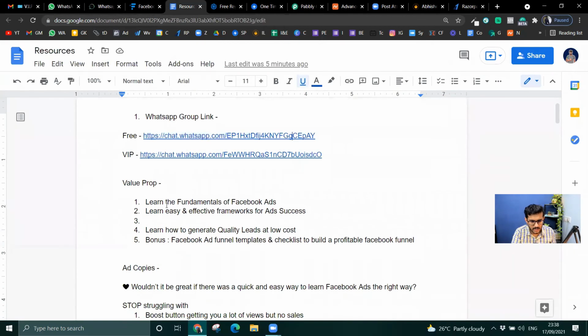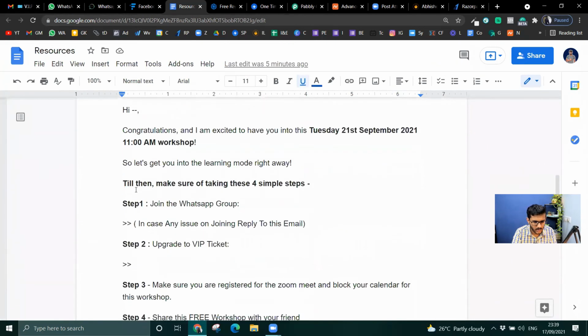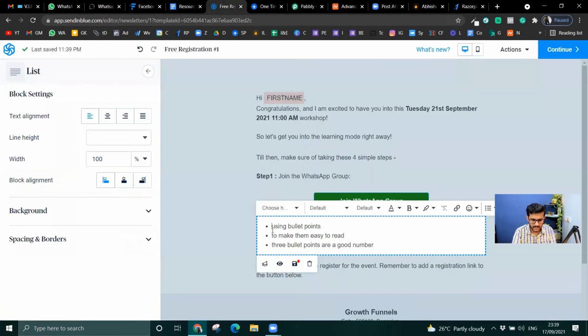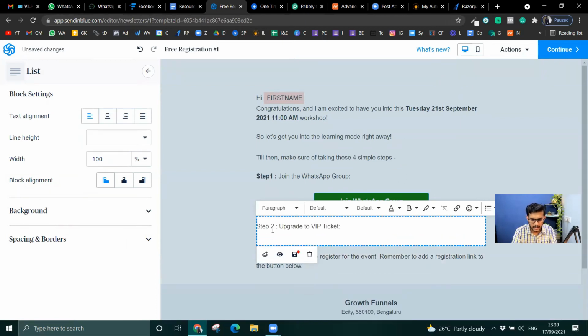And second would be the step 2 onwards. What am I going to do here? Okay, upgrade to VIP ticket. So I can ask people that, hey, why don't you upgrade to my VIP ticket? I've got a wonderful opportunity. Now you are seeing that because you are a VIP member, right?